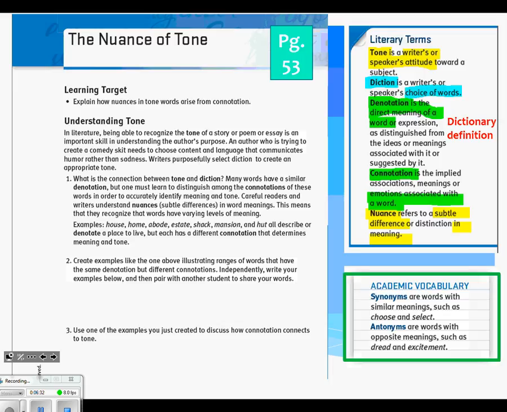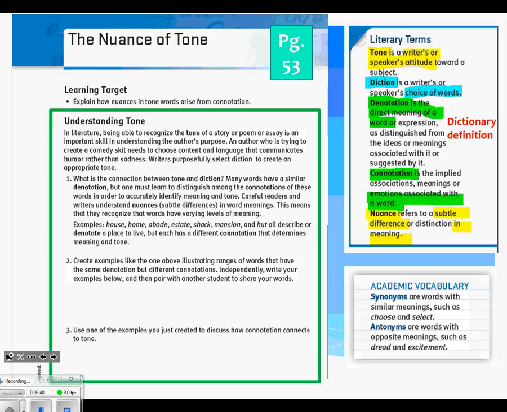All right, now that we've got this info, right below it is the academic vocab box. Just box it in with your highlighter. It's the definition of antonym and synonym. I'm not going to go over it because you guys should be close with what they mean, but if you're not sure, there's your definitions. All right, now we're going to look at this understanding tone. There's a lot of info in here. We're going to break it down one chunk at a time. We're going to take a few notes on it, just to help you understand what is all this jargon.